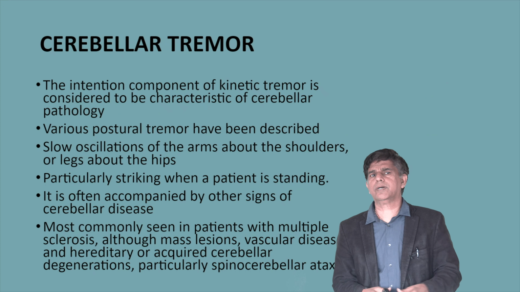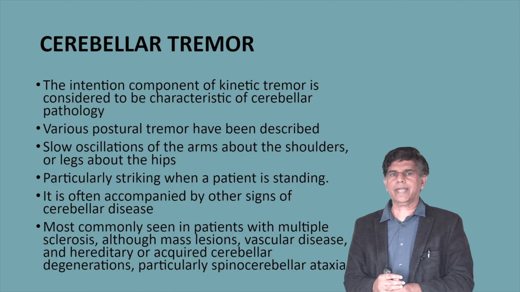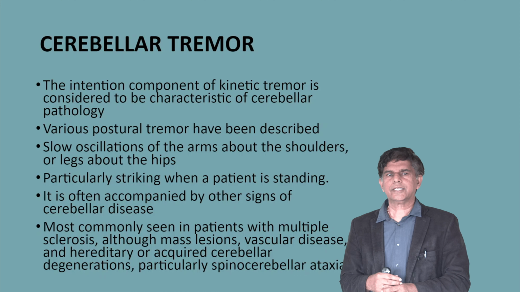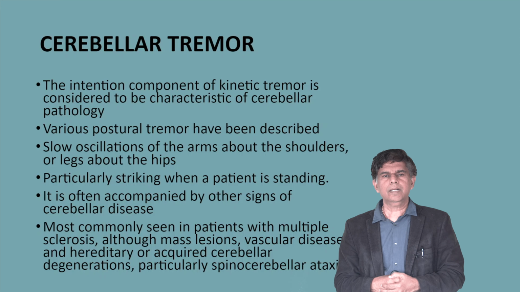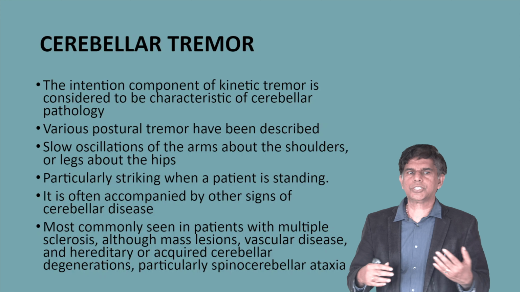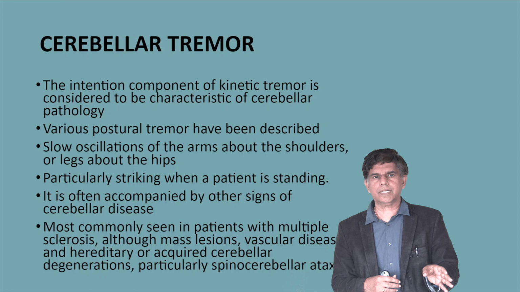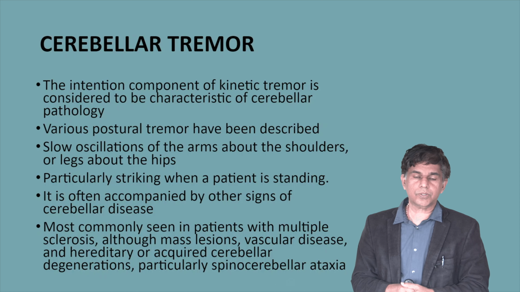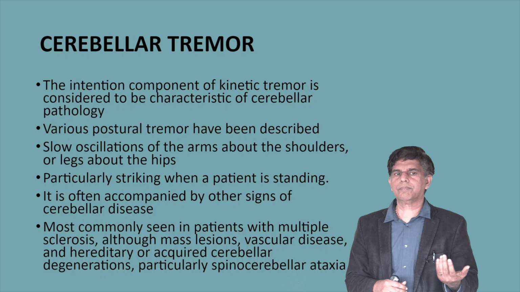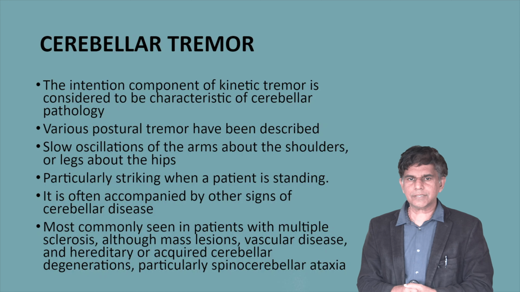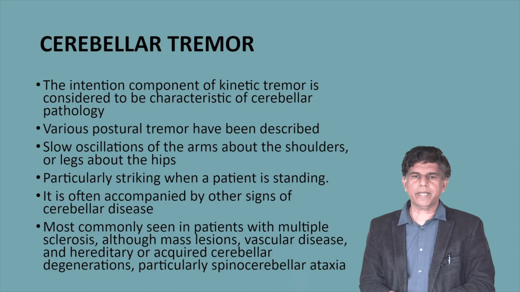Now, another one we have to know about is the cerebellar tremor, okay? It's a kinetic tremor considered characteristic of cerebellar pathology, with slow oscillation of the arm about the shoulders and legs about the hips, particularly striking when a patient is standing. The main thing is that it is accompanied by other cerebellar signs, right? Finger to nose test, dysarthria, diplopia, all those kinds of things. Sometimes it can be seen with multiple sclerosis, mass lesion, vascular disease, or hereditary or acquired cerebellar degeneration,